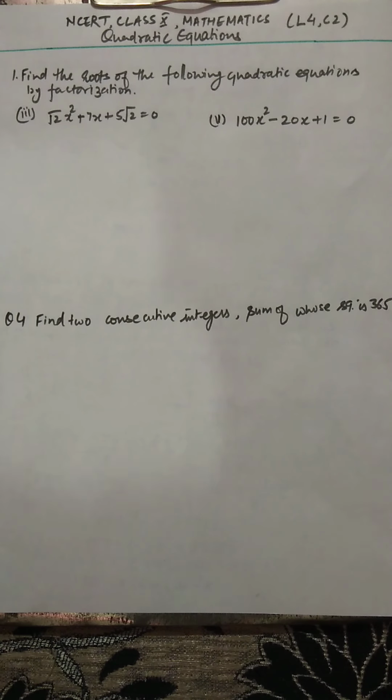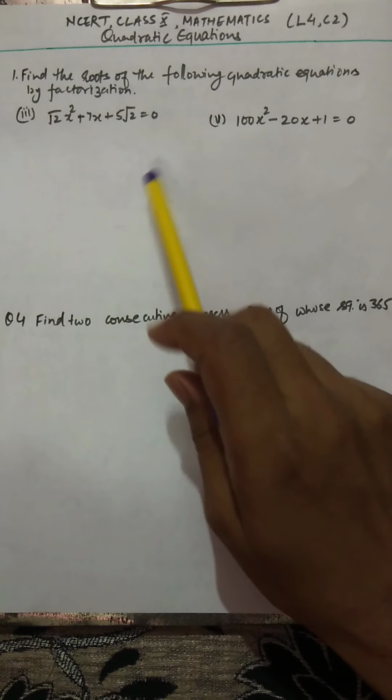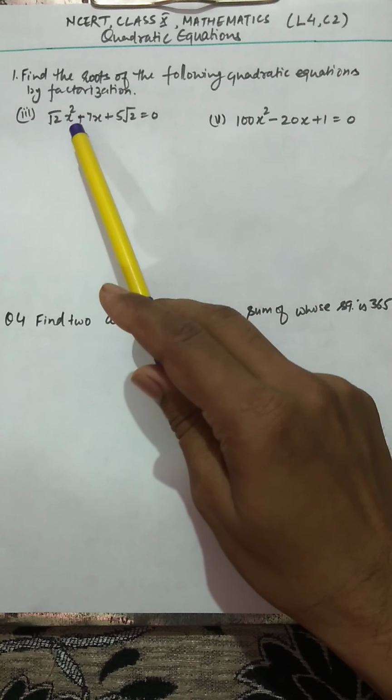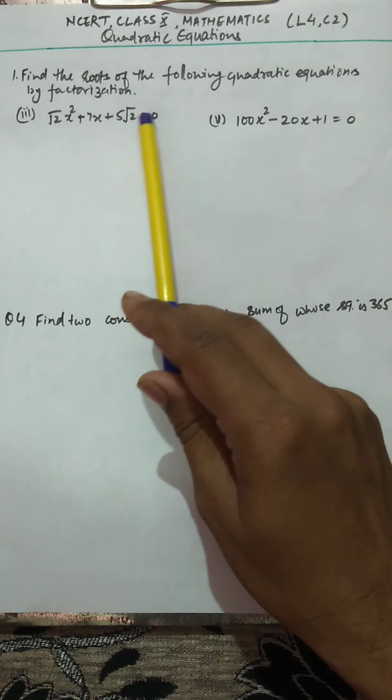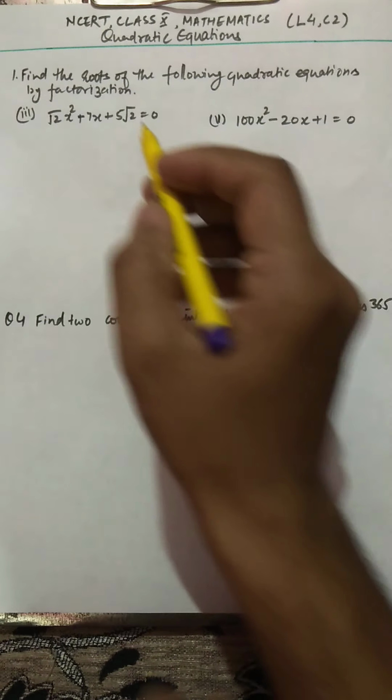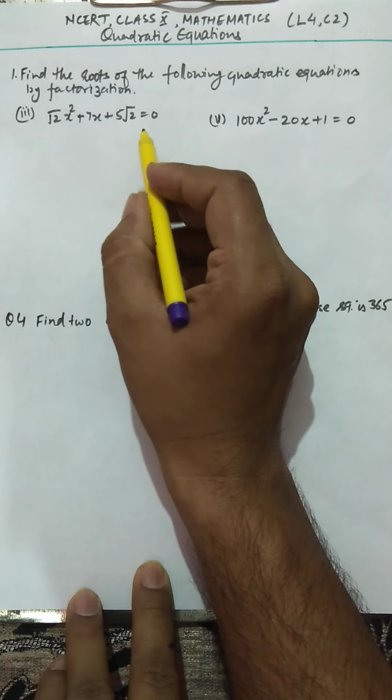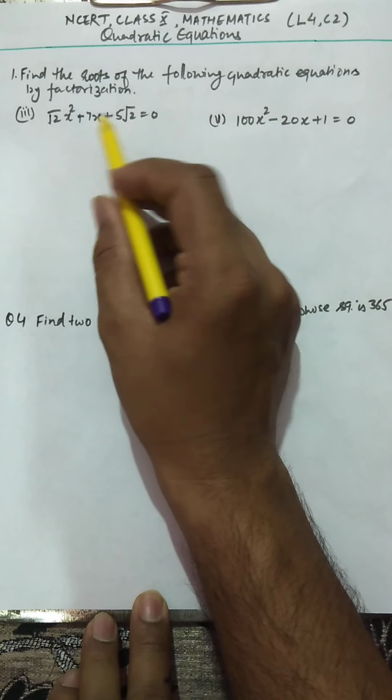Now we are going to discuss the quadratic equation and how to split by factorization. You have already done this in class 10th, in chapter number 2, and in class 9th also, but this is a little different. In this example, root 2 x square plus 7x plus 5 root 2 equal to 0, in such questions you have to apply some logic of your mind,